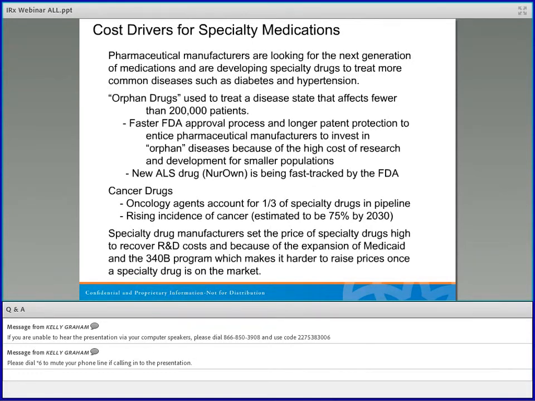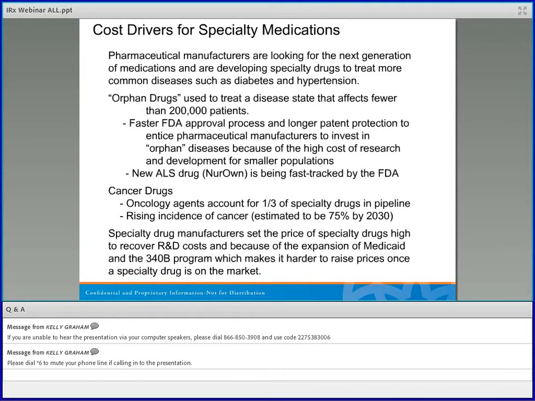For example, there's a new one that just came out in the last few weeks, where it was announced that the FDA was going to approve a new ALS drug that was being fast-tracked by the FDA. Well, that's kind of an example. All the Jerry Lewis telethon, all the money that has gone into research has now found a drug that can help some ALS patients. So that has allowed them to seek this fast-track status for an orphan drug, and they'll get it approved quicker, and will also be able to maintain their patent protection for a longer period of time.